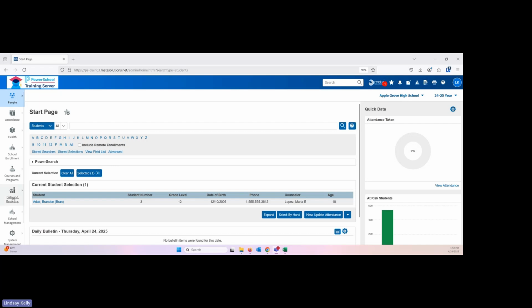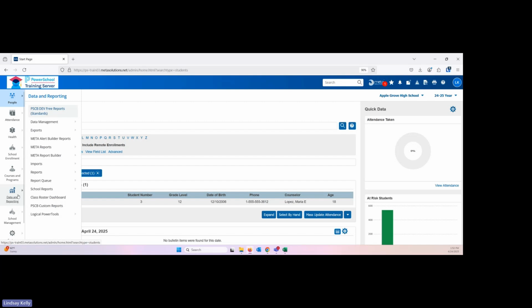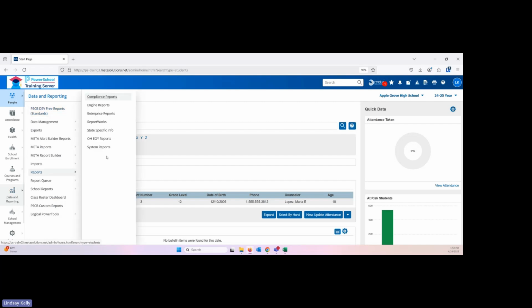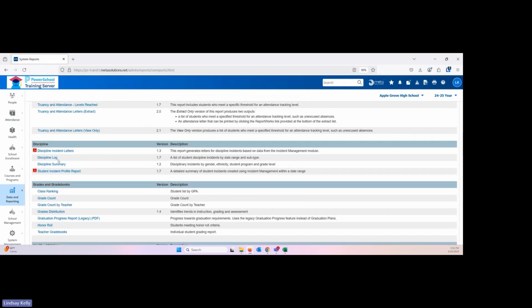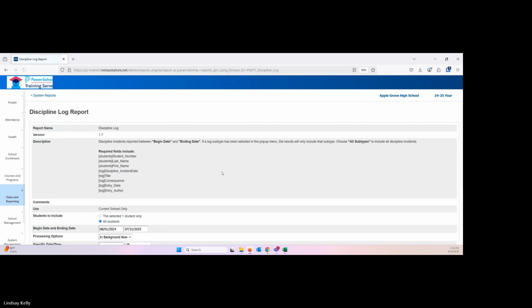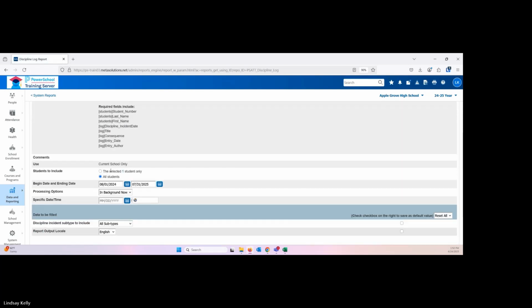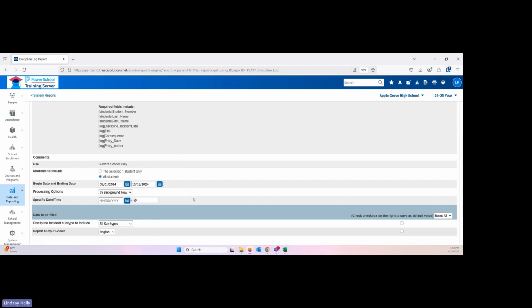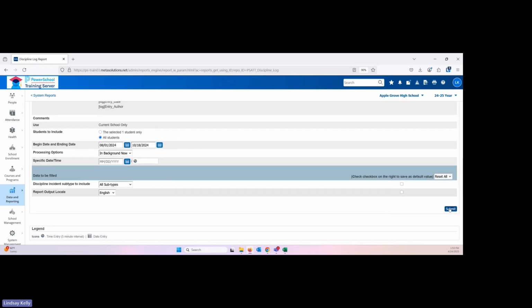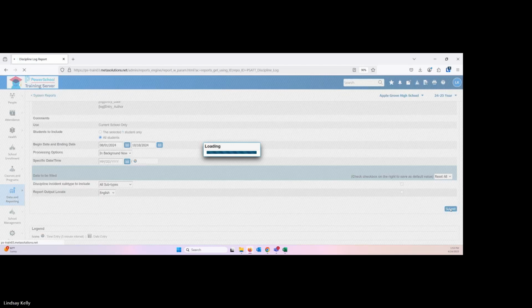So next we'll go on to data and reporting. So at our school level, go to our reports. We can go to our system reports, down to our discipline log. And you can see we can check if we just want our current student, or if we want, say, all students, and I'm going to say our first quarter. So I'm going to make an assumption that October 18th was our first quarter of school. I want to see how many log entries we had for our building. So I'm going to submit this